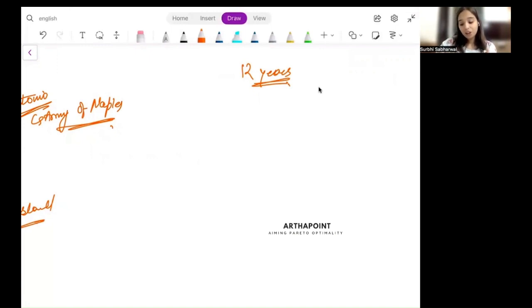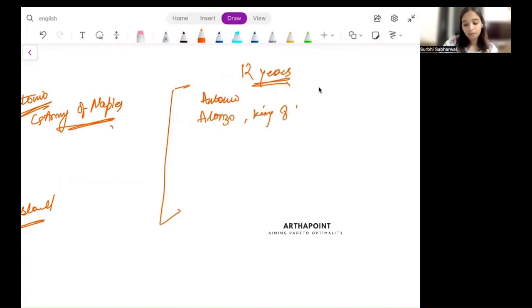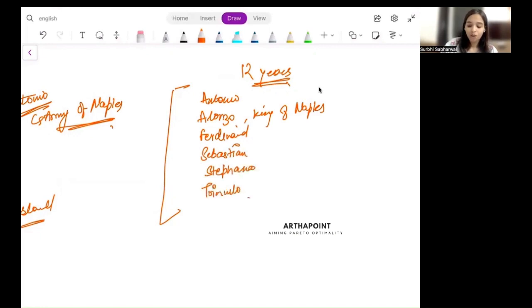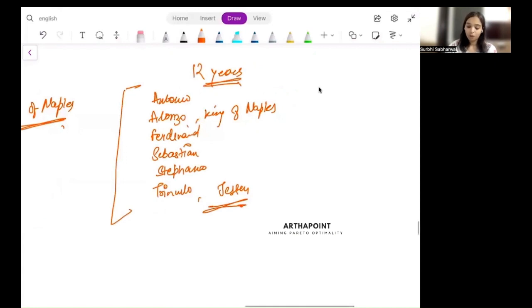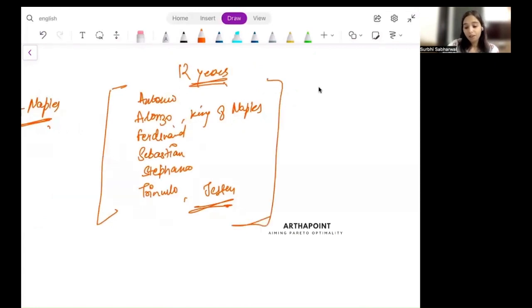So we see a ship with the following characters. We have Antonio on that ship. We have Alonso, the king of Naples. We have Alonso's son Ferdinand. We have Alonso's brother Sebastian. We have two other people, Stefano and Trinculo. Trinculo is a jester, so he's wearing clothes like a jester. And then we also see Stefano. Now, with help of Ariel,